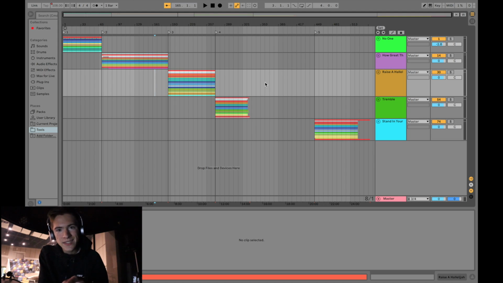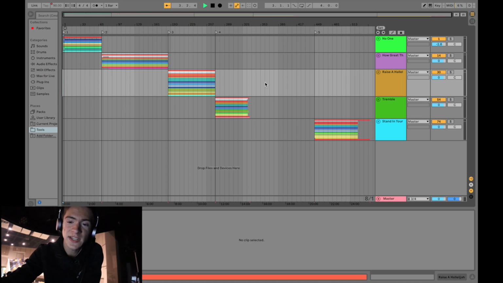We have assigned different parts of this big file to different keys on the MacBook keyboard. So for example, if I want to jump to the beginning of the service, starting with the song No One, I can press the number 1 on the keyboard and it will jump back and press the space bar. And everything will start. From there, you can hit spacebar to pause it if needed, and then maybe we want to move on,